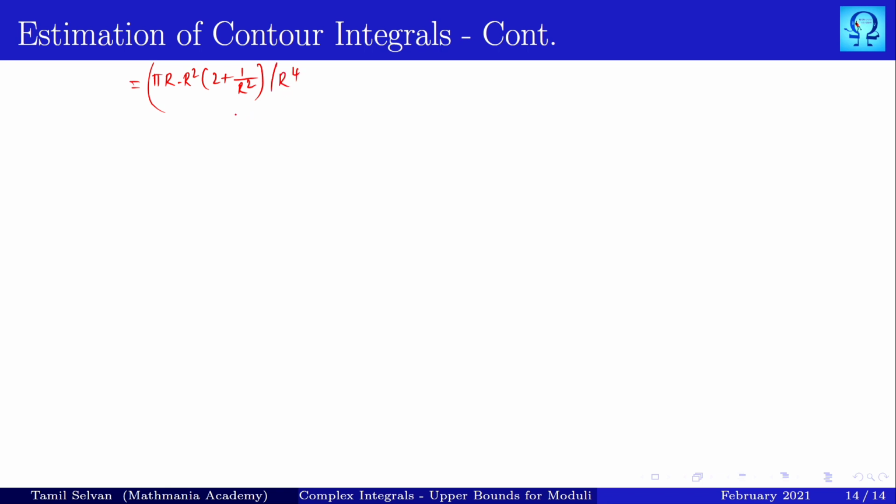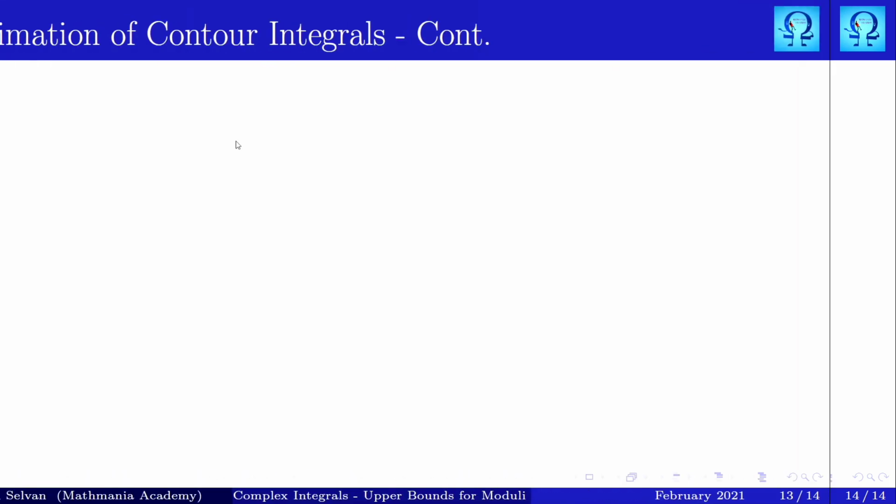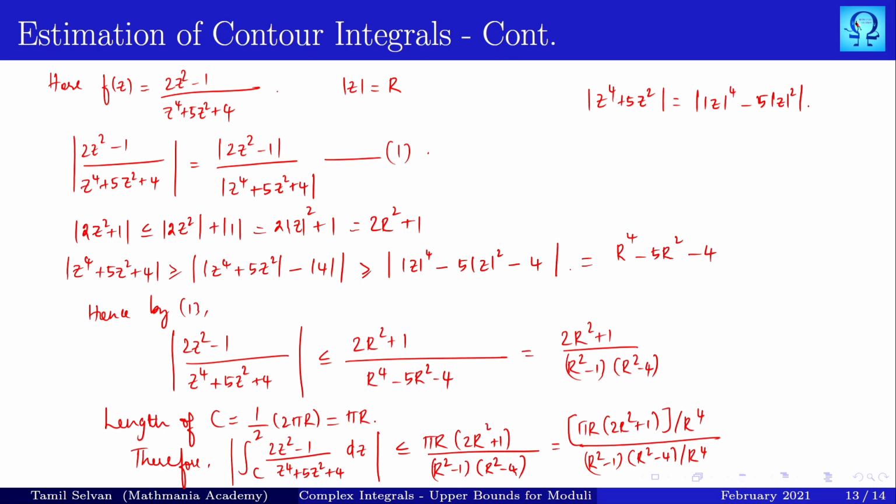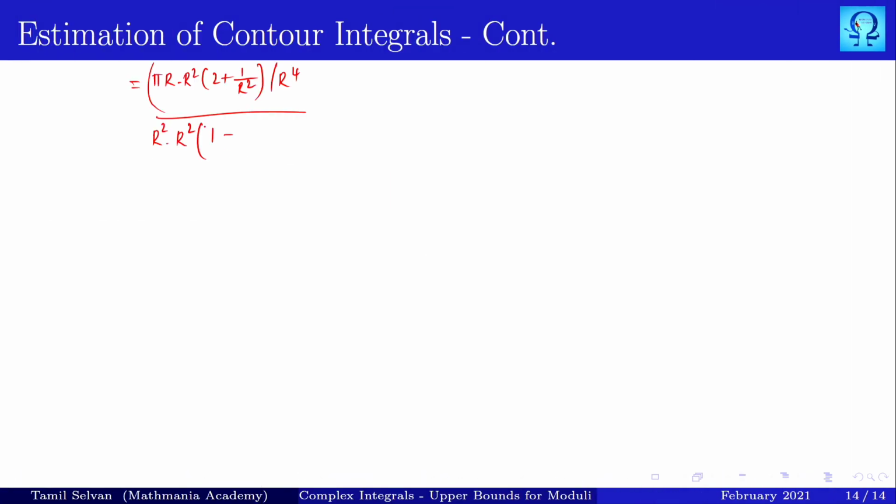So this is what we have, everything divided by, we take r squared from this first quantity and from the second quantity. If you notice here it is r squared minus 1 and r squared minus 4. So 1 minus 1 upon r squared multiplied with 1 minus 4 upon r squared, everything divided by r to the power 4. So here these two get cancelled, this thing gets cancelled. So what we have is